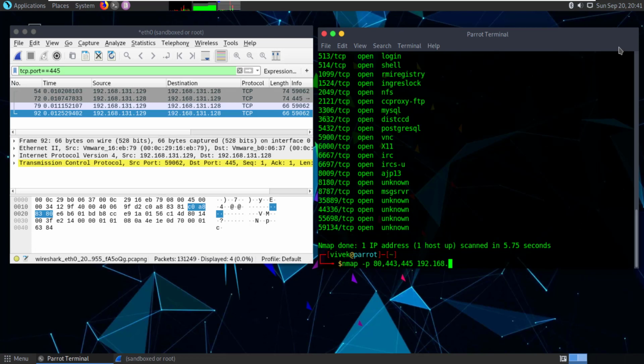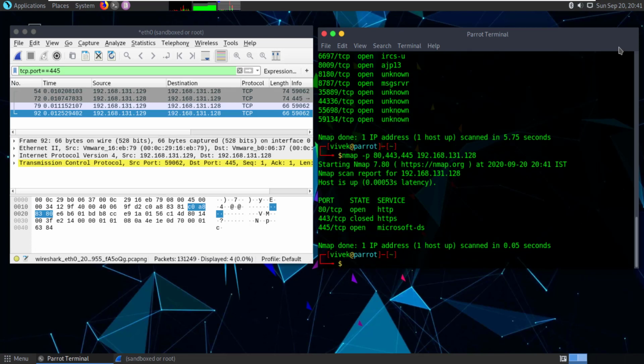So let's do it against 192.168.131.128. You can see the results in front of you. Sorry, port 443 is closed. HTTPS is closed because Metasploitable 2 is not running HTTPS, it is running HTTP only.